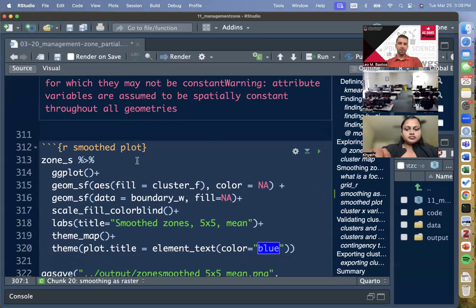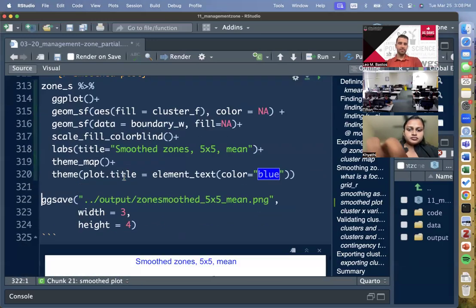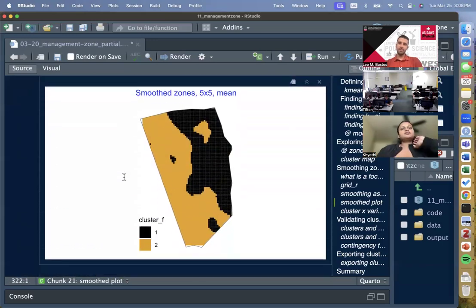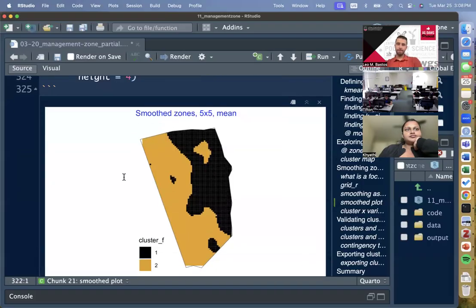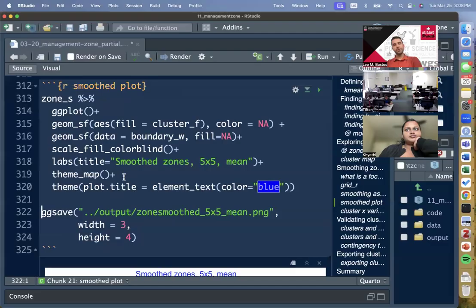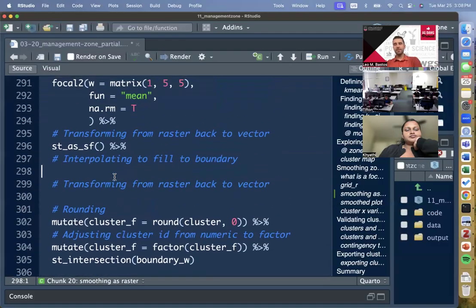And then let's plot again and see if that fixed things. Okay, that fixed things. Perfect. All right, so in the previous semester,